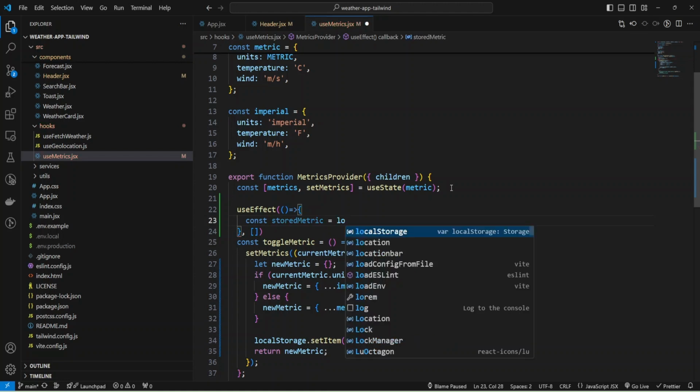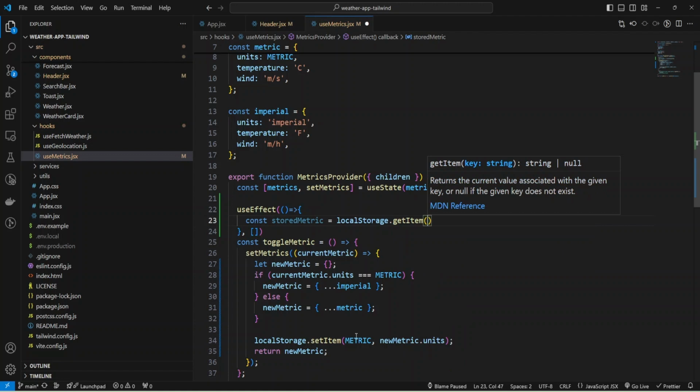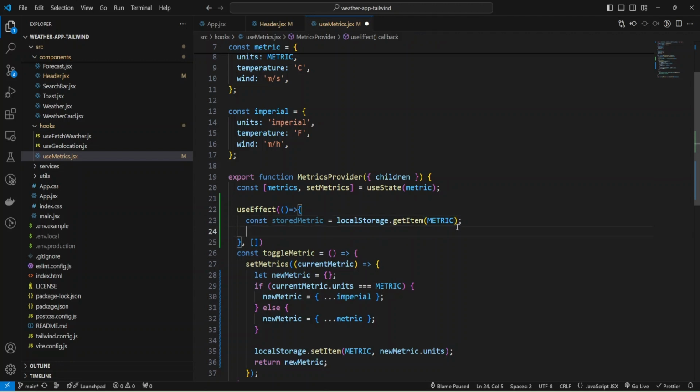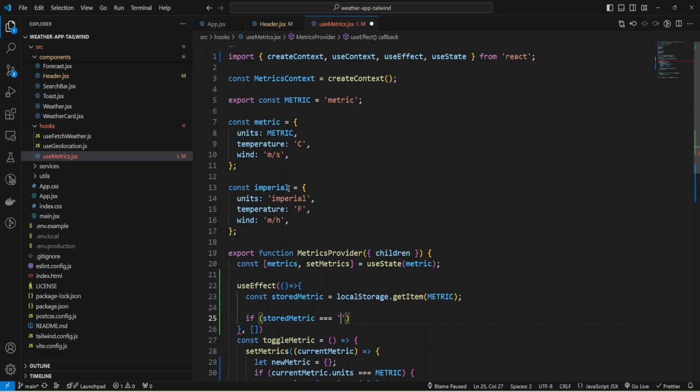We'll use localStorage.getItem, and as the key we provided metric, and I'll retrieve the metric by this key, and let's check if storedMetric equals imperial.